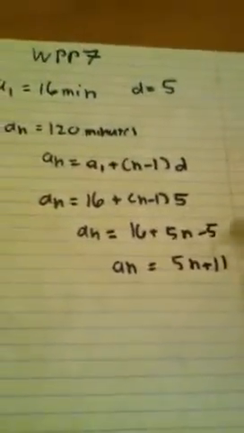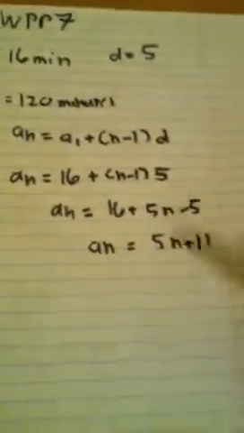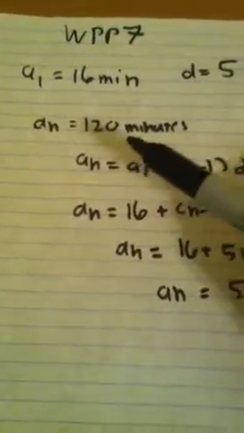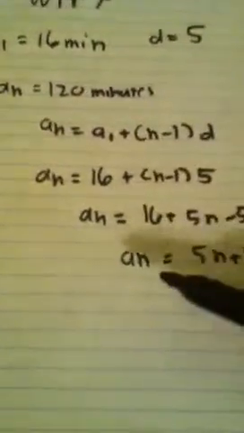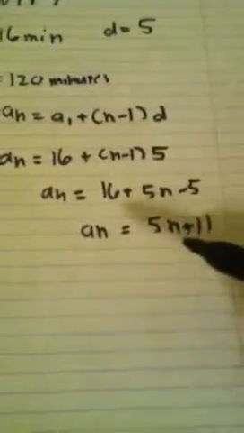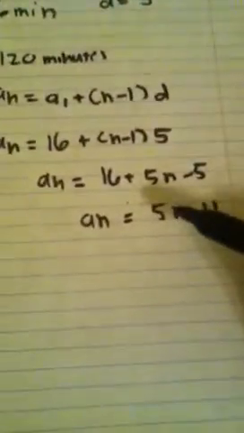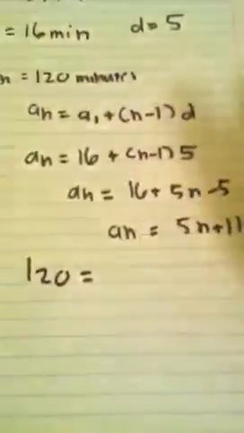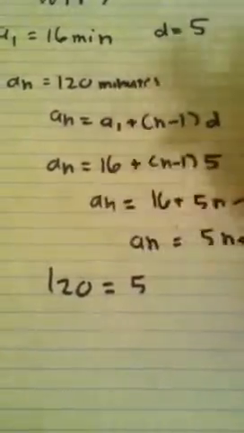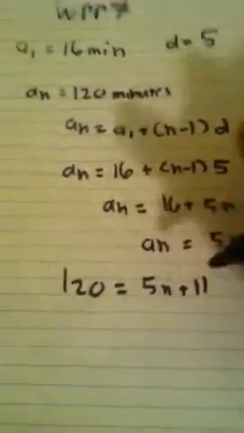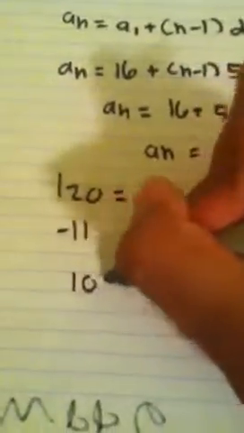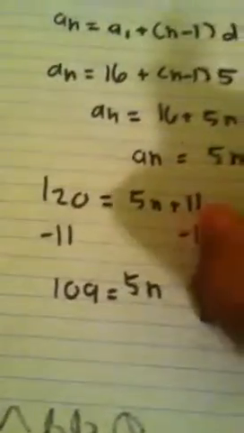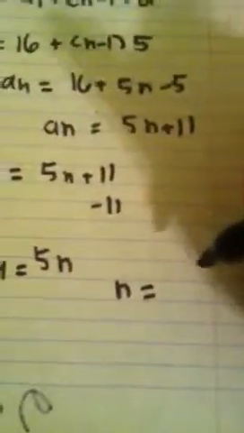So to find a certain number of weeks, now that we have our general term, we can just plug in a sub n equals 120 here, and from there we just do a simple one-step equation to find the week that he'll reach that number. So 120 equals 5n plus 11. So subtract 11 on both sides. 109 equals 5n, and dividing this, n equals